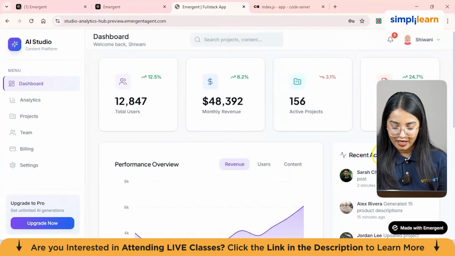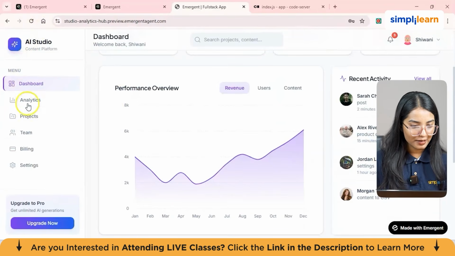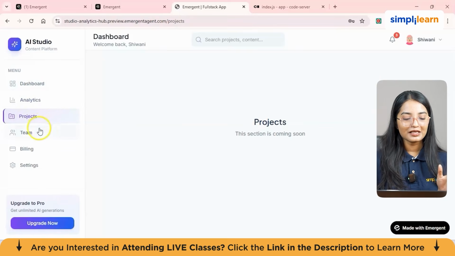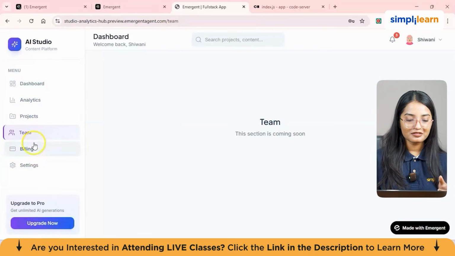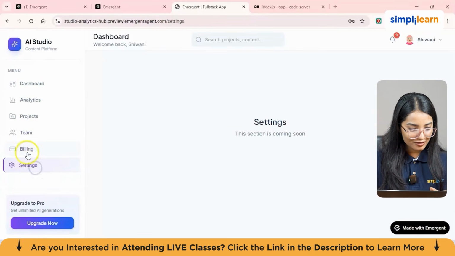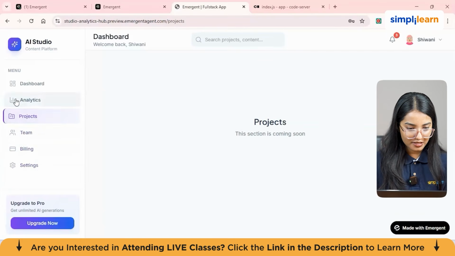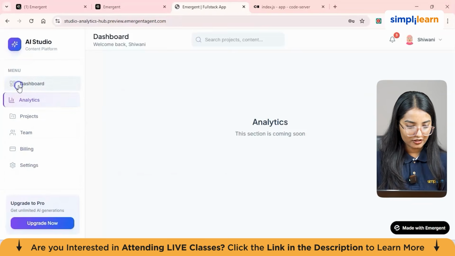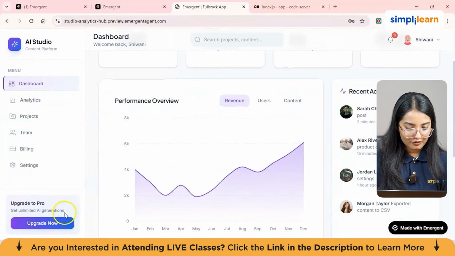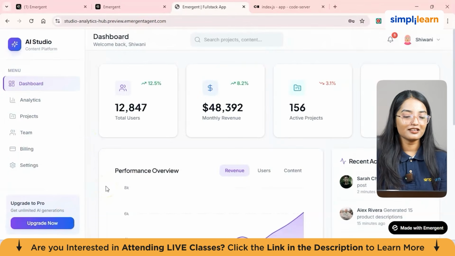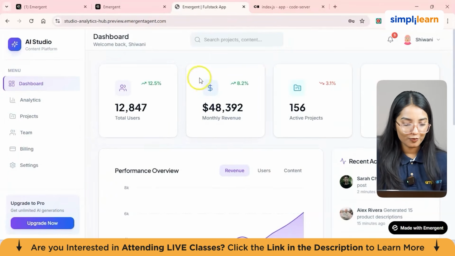All right. And from here, you can just look at the recent activity. This is your menu section from here, dashboard, analytics. You remember we have given the prompt to add the animations. You can see that it has actually added the animation while viewing it. Okay, the billing section is not ready. Settings, teams, projects, analytics. Okay, the dashboard is ready for now. You also have this feature to upgrade to Pro. Now, this is really amazing. It doesn't even feel like AI has created it because the results are really top notch.